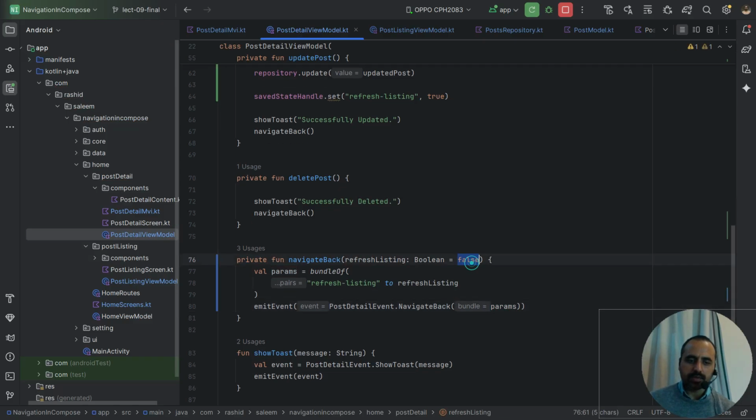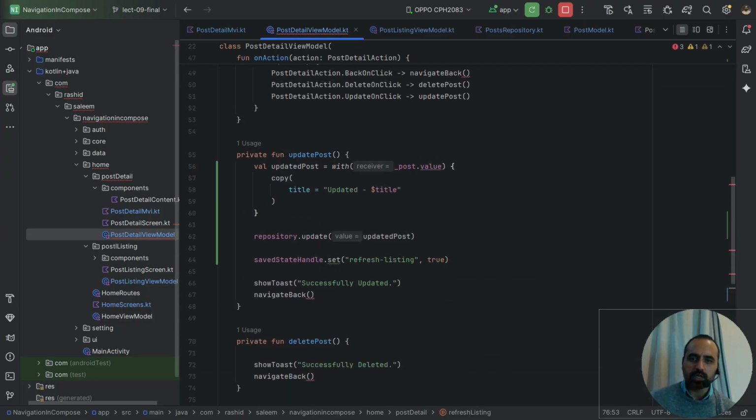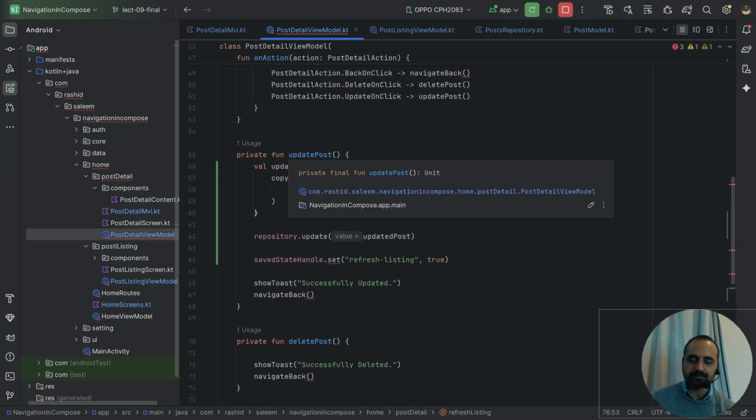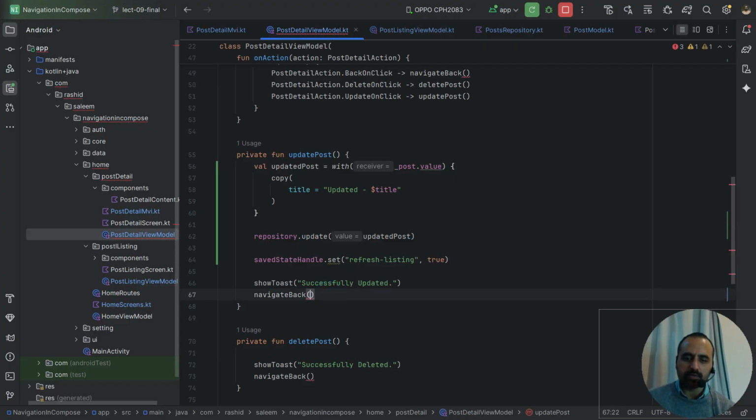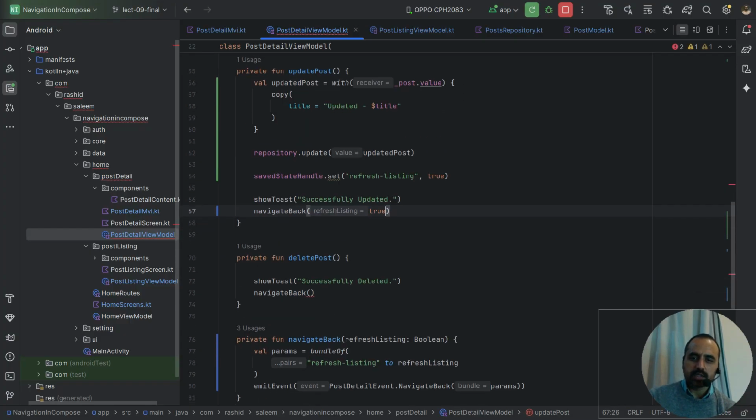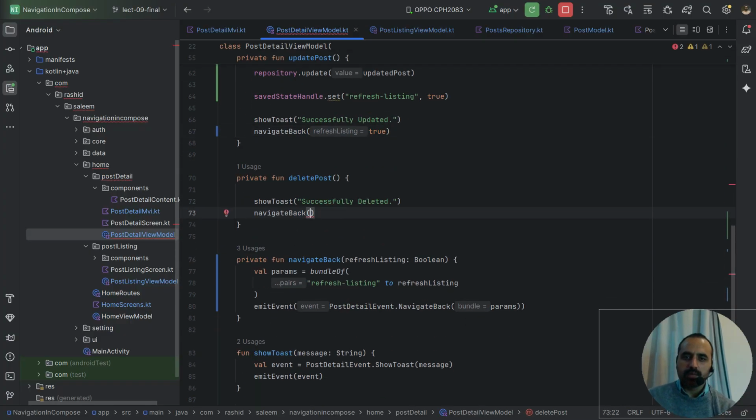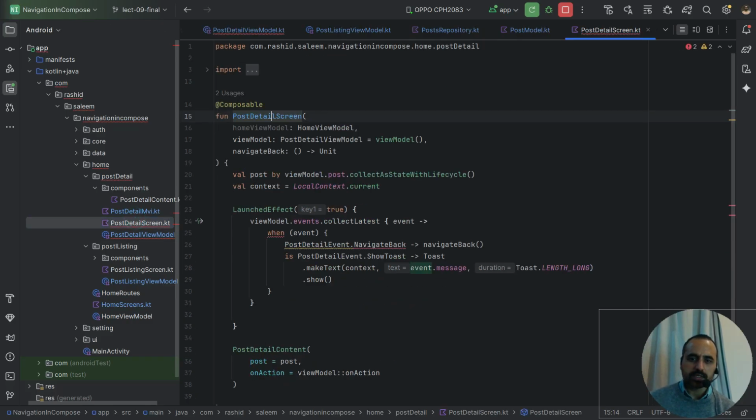Okay, so I will make this mandatory, so this will help us understand from where we need to call it. So we are calling this from update post. Here we do not want to refresh the listing, and for the delete post we do want to refresh the listing. So go to the post details screen, and in here we make these changes to it and pass the event.params in it,